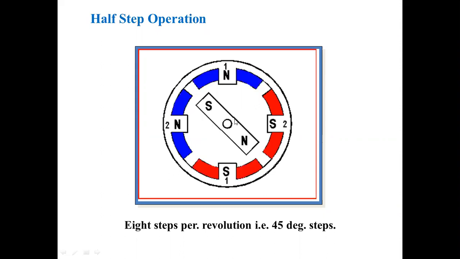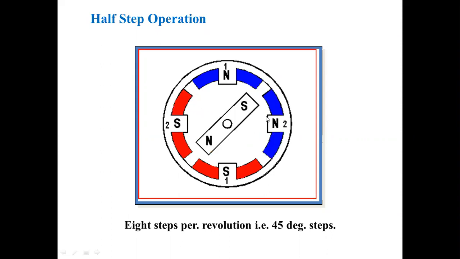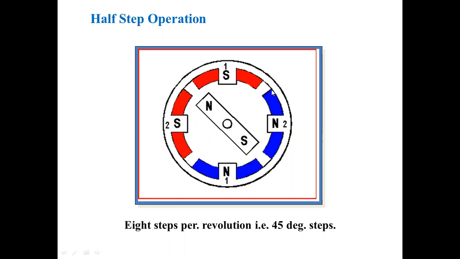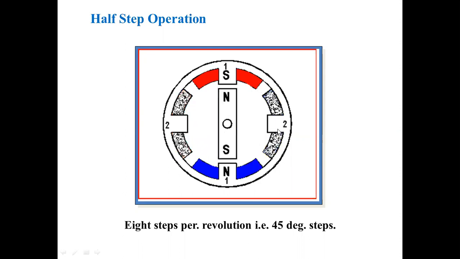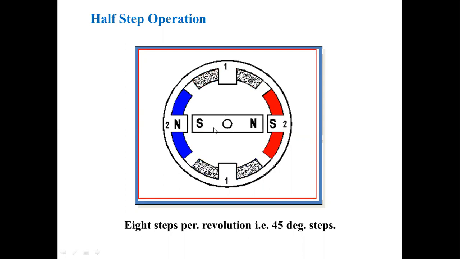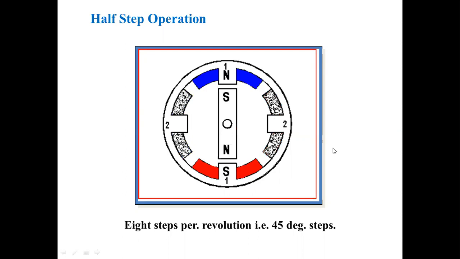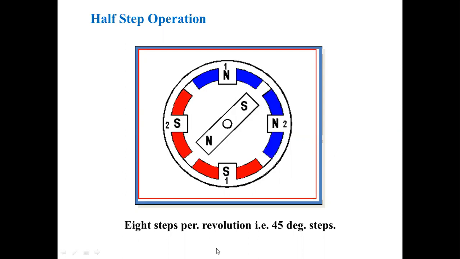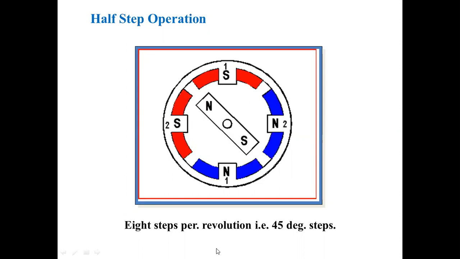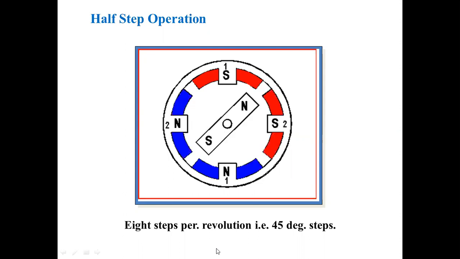That's why we are getting all the step angles in half step mode of operation; in the middle of the sections also. If you observe the first coil and second coil, and also the second coil and the first dash coil, in between, the middle is also occurring like that. Like that, revolutions can be taken. How many steps are we getting? That is 8 steps. 8 into 45, 360. Like that.